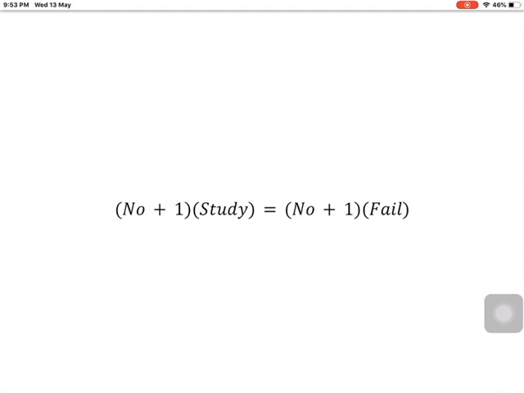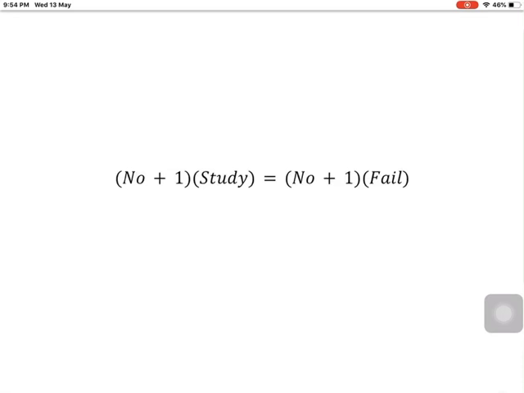There's a way to prove that this is right. In other examples, you can't divide any number or any real equation by 0. So no plus 1 can't be 0 unless we prove that no equals negative 1. And we haven't proved anything, so no can't equal negative 1 in this situation, unless there are highly complex integral calculations of no. So no plus 1 times study equals no plus 1 times fail. You divide no plus 1 from both sides, and